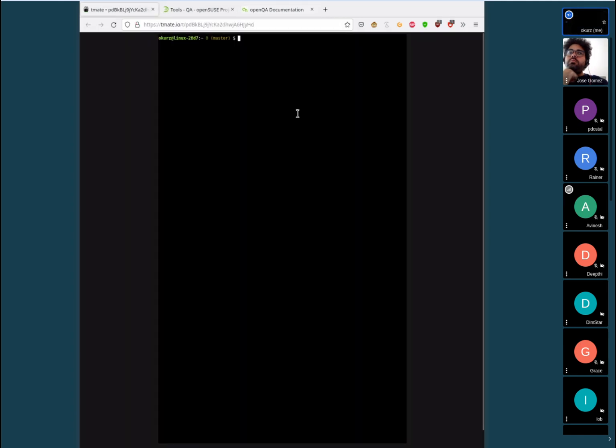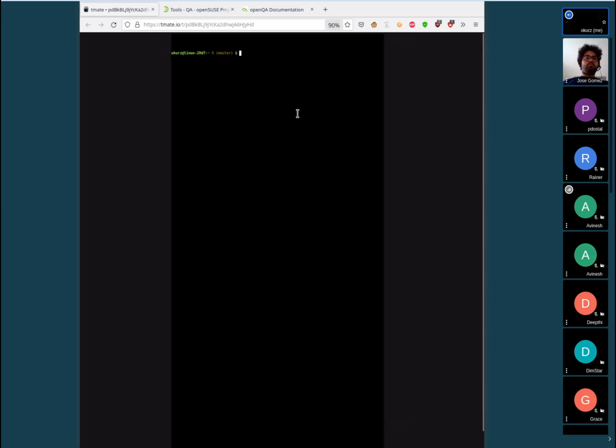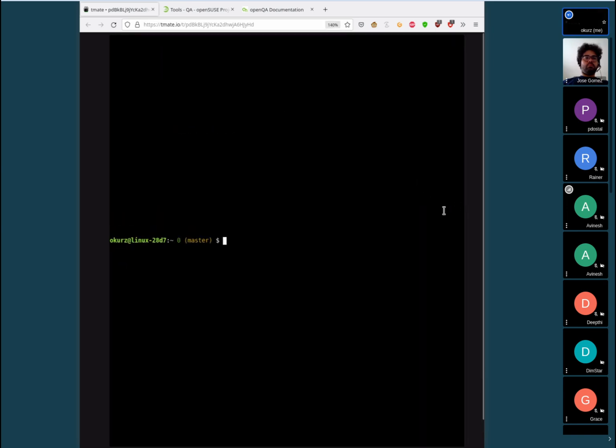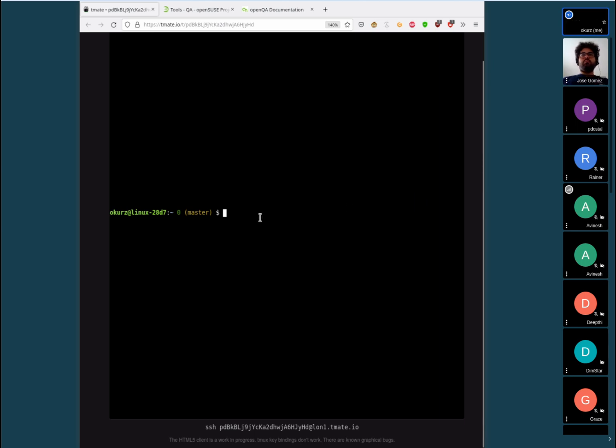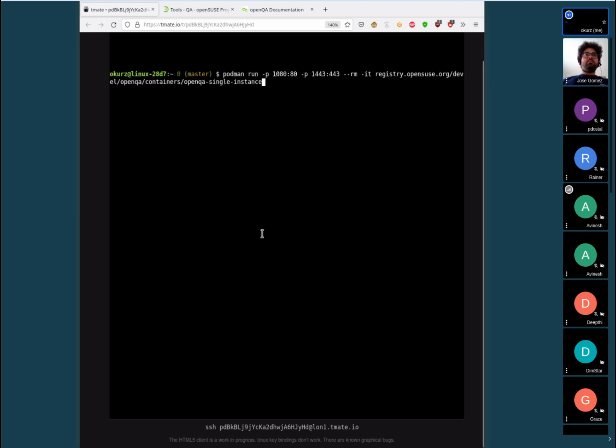So for that, I have a shell session shared here. Let me see, can I zoom in like this? Is that readable? Yeah, should work. And if I paste it in,